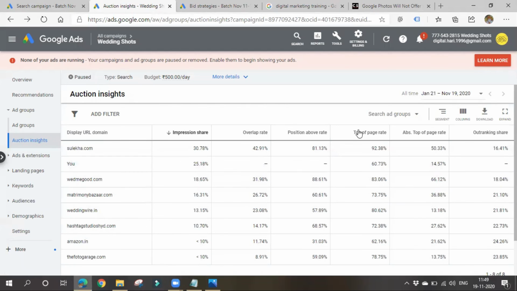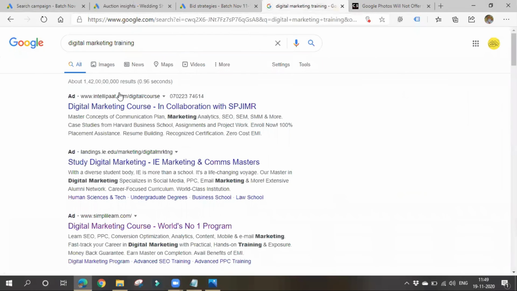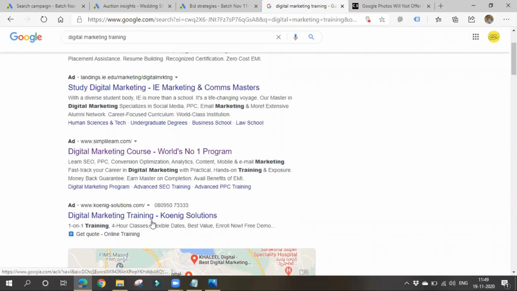So next thing is top of page rate. It is how often your ad, or the ad of another advertiser, was shown at the top of the page in search results. Top of page means here, how many times your ad was in the first four results.